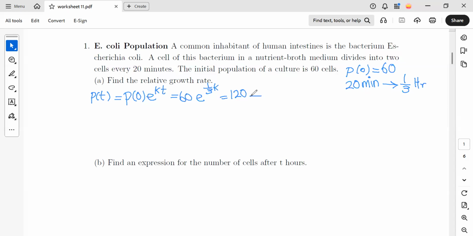By dividing both sides by 60, we get e to the 1/3 k equals 2, and it means that by using the definition of logarithmic functions, in this case ln, because the base is e, we can write it as k over 3 equals ln of 2. So k would be, if we multiply both sides of the previous equation by 3, we would get 3 ln